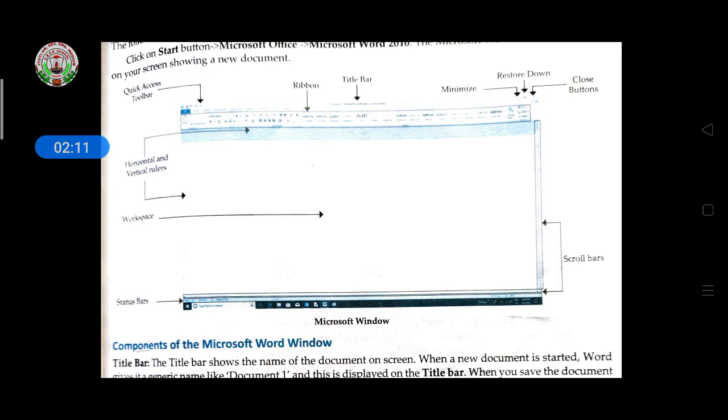Then the status bar shows which page we are currently on, how many pages we have written, how many words we have typed, like this. Vertical and horizontal rulers are used when you want to write in a sequenced or measured way.